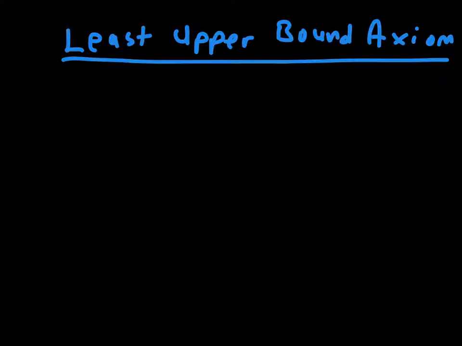And so that lets us define what's called the least upper bound axiom for the real numbers. Now, depending on what book you're using or what class you have, this axiom may not be stated exactly the way that I'm going to state it. You may get an equivalent form of the axiom depending on how the real numbers are constructed in your analysis or advanced calculus class. But I'm just going to use the one that I think makes the most practical sense for us. So the least upper bound axiom says if